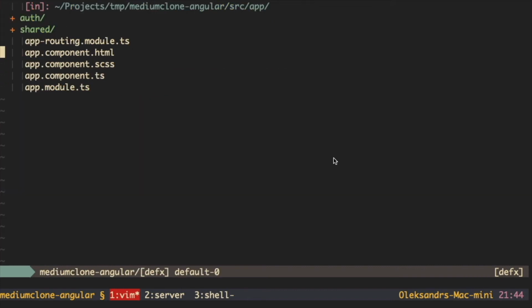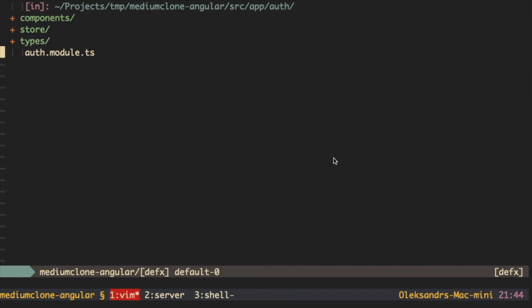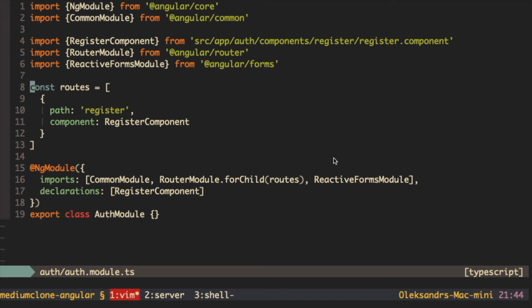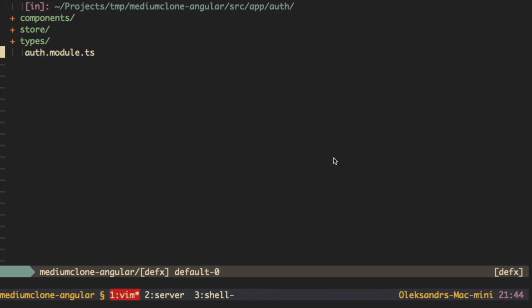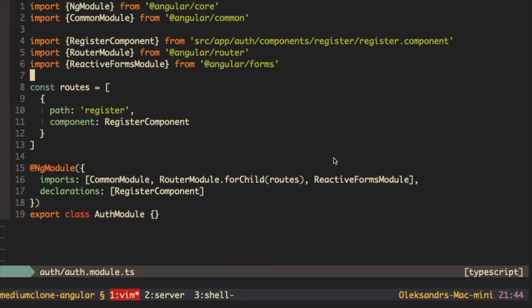Now let's jump back in our auth module. Basically in the module we want to register our reducer. And you can ask why here, because this is the same approach as with routes. When we destroy this auth module, we want to destroy everything, like all NgRx actions, reducers, and so on. So if we register these actions not in this auth module but outside, then it's much more difficult